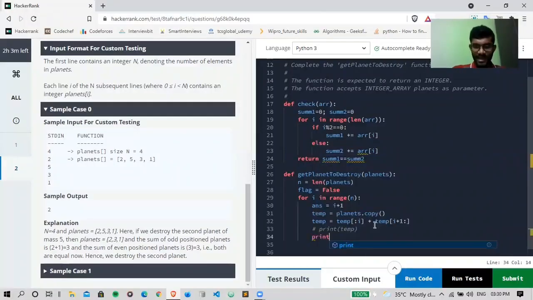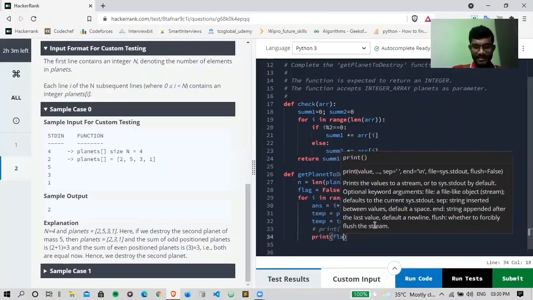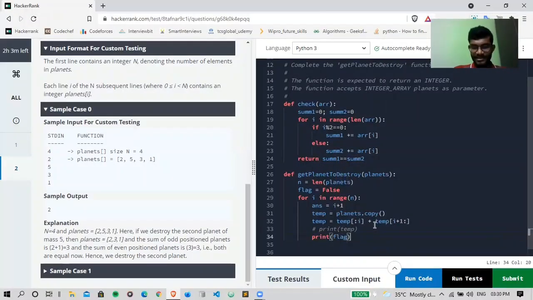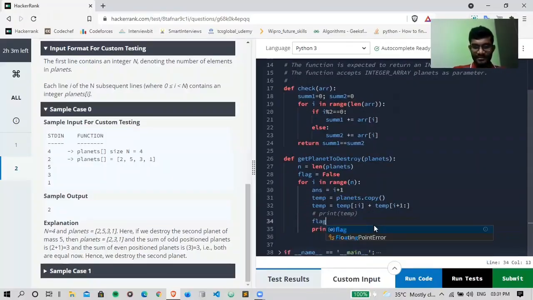Now I'll print flags. Here I update the flag as flag equals to flag of